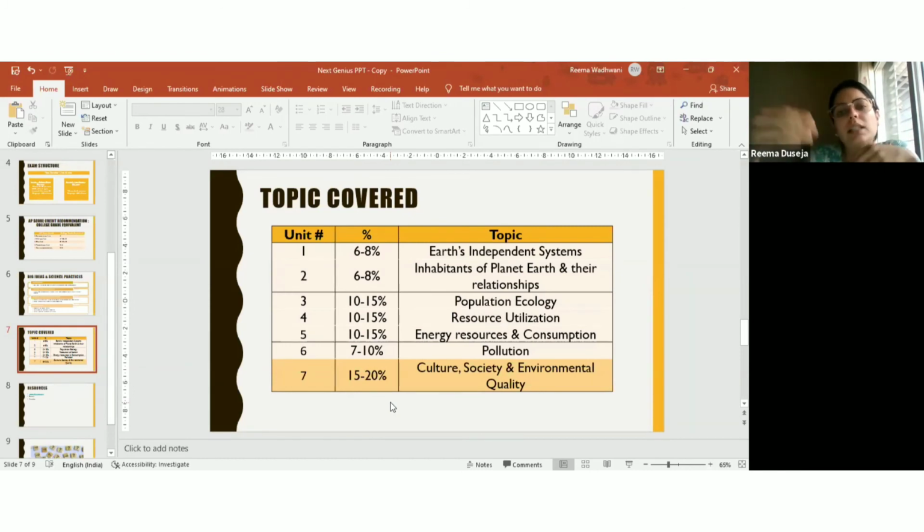So obviously, as you can see, this is what I have been talking about in the previous first six chapters as well. So just knowing how the earth works, how the water cycle works is not enough. We need to know what is the impact of that on the environment. What happens when one particular season we have lesser rain? What happens to the water cycle? Or when we have very heavy rains, what's going to happen? Okay. So these are the basic topics that will be covered.